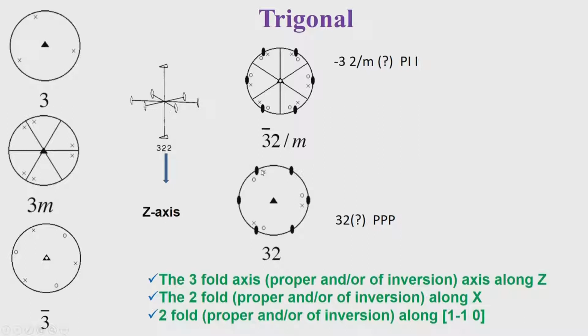So, basically what we are now representing are the 5 possible point group symmetries that can be associated with a trigonal system, and the z direction is the threefold axis. The twofold axis is again along the x direction, and the twofold which is proper and of inversion or whatever. Just notice that there is a change between the tetragonal and the trigonal system. In the trigonal system it is 1 1 bar 0, whereas in the tetragonal system it was 1 1 0.